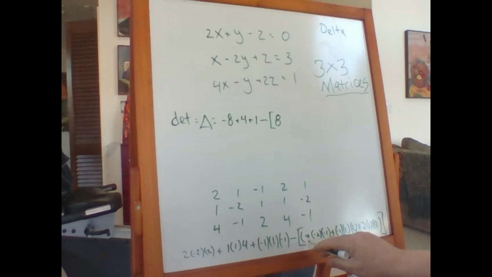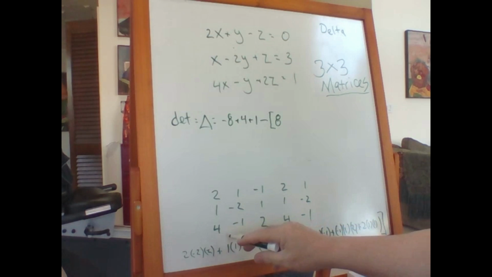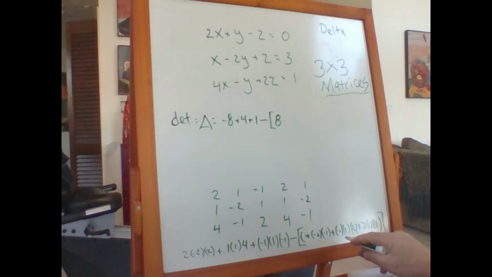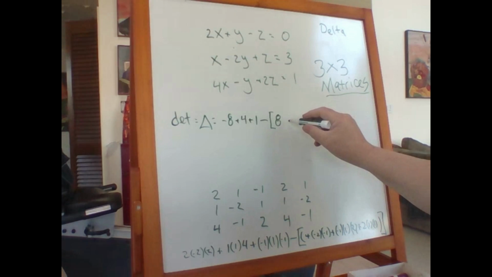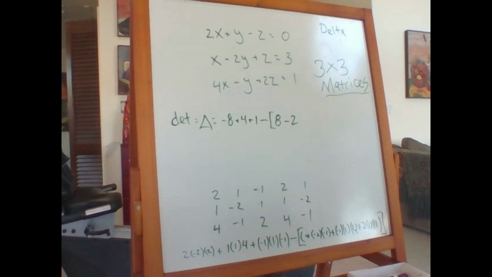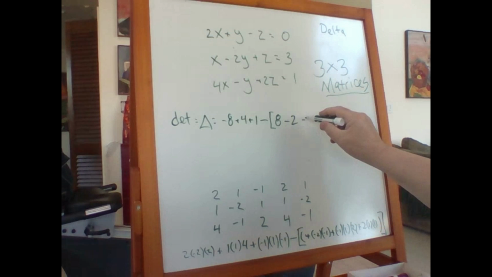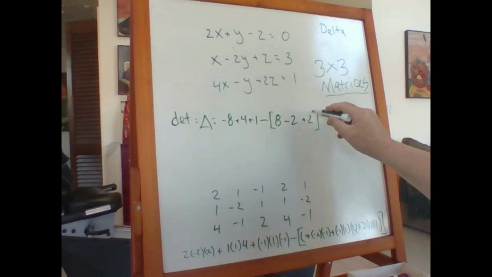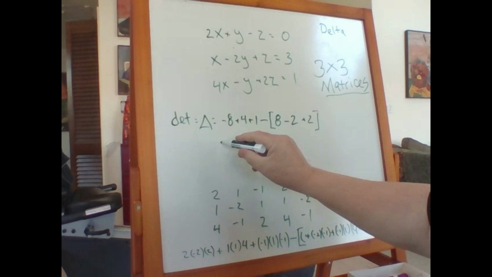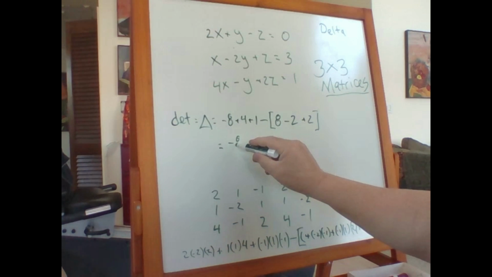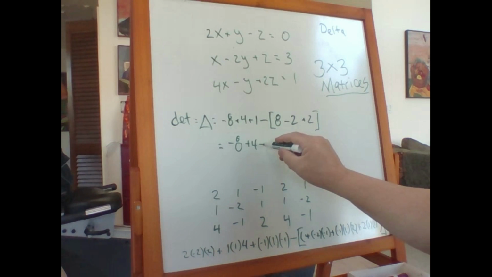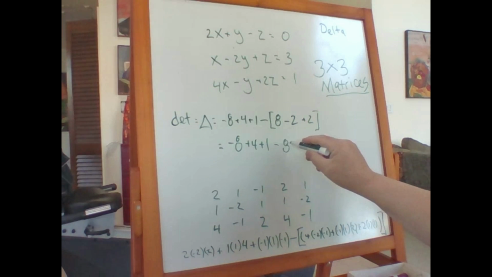Okay, that's minus 4. Let's see. Minus, okay, we have minus 4, 2, 1, 1, 1, 1. Okay, minus 1, 2, 1. So that's minus 2. All right. Yep. And we have 2, 1, 1. So plus 2. And again, that's minus, so we have equals minus 8 plus 4 plus 1 minus 8 plus